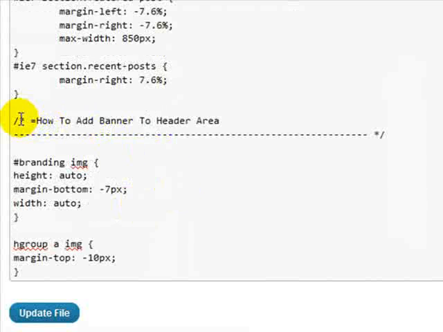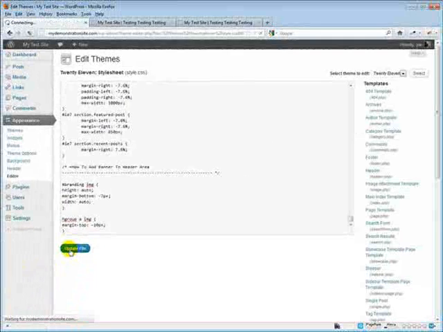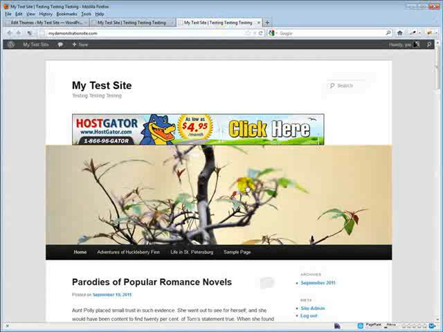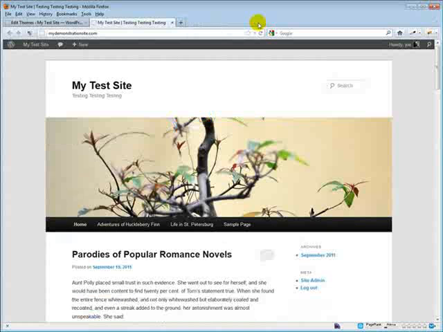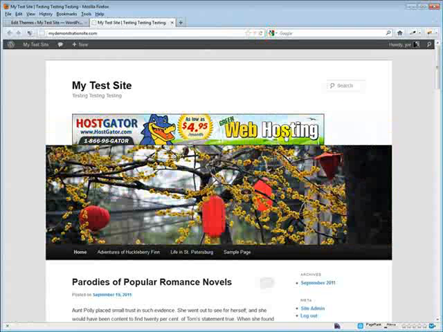And as you can see, I've added a comment line here to give you an idea as to what this is about. And there's really not a whole lot of customization that can go on here. So we'll just go ahead and update this file. And this was the demo here, so let's go ahead and close this out. And this is the before we add the code. Let's go ahead and refresh the page. And there we go. And that's how you can add a banner, or as in this case, a banner ad,